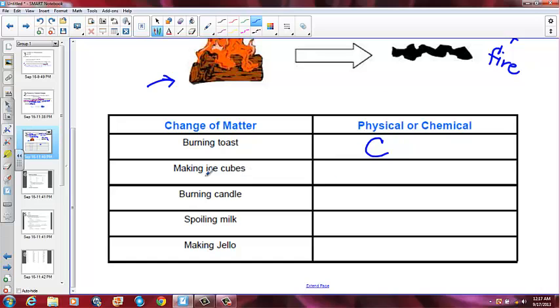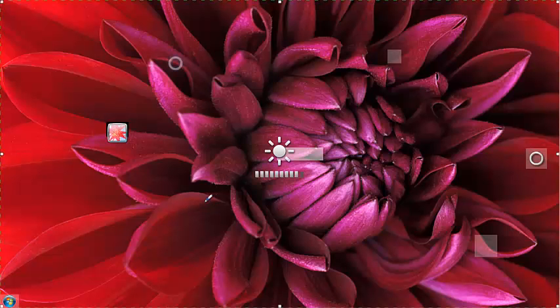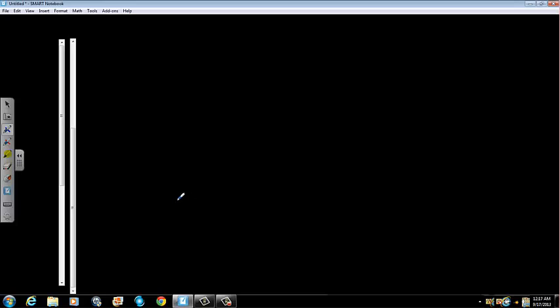Making ice cubes. Is it reversible? Yes. Therefore, it is physical. Burning a candle. Well, this is a tricky one because you can kind of reverse the melting wax. Melting wax would be a physical change, but if we're burning something,